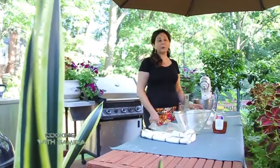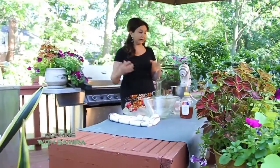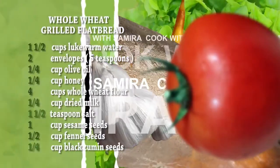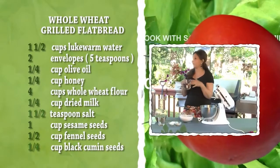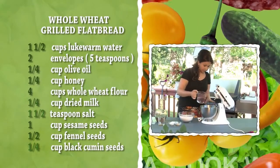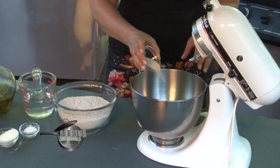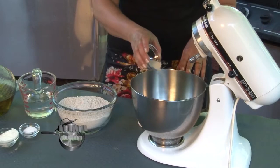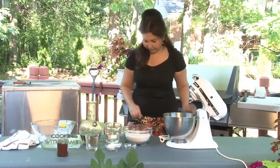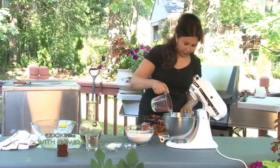Now it's time for us to prepare the dough for the whole wheat flatbread that, of course, we're gonna grill on a charcoal grill. So before we do anything, here we have 1.5 cups of lukewarm water. We will add half cup of water into a mixing bowl. To this, we will add 5 teaspoons, equivalent to 2 envelopes of yeast, and we will let it sit for 5 minutes. Now we will add the remaining water, which is 1 cup of water,